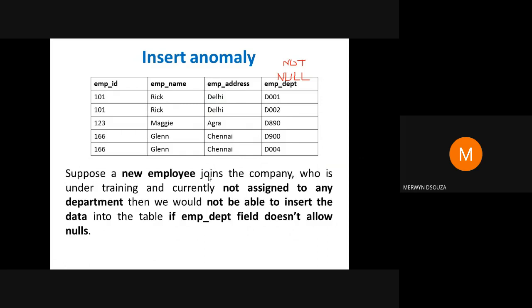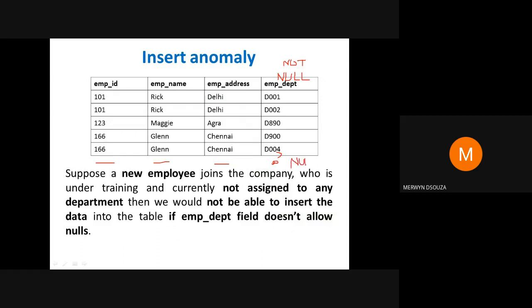Then the insertion of the record for that new employee into this table would not be allowed. You would not be able to simply insert the employee ID, the name, and the address, and leave the department blank, because it would not accept null values.